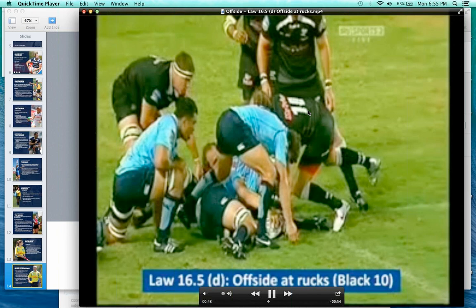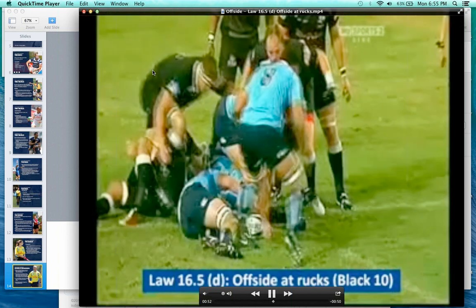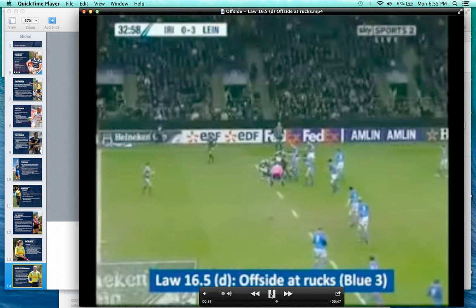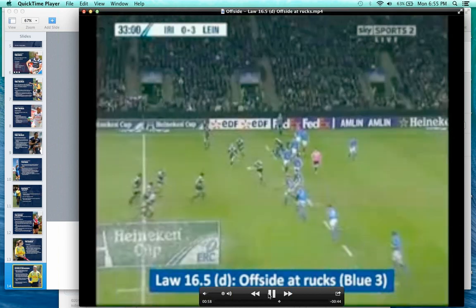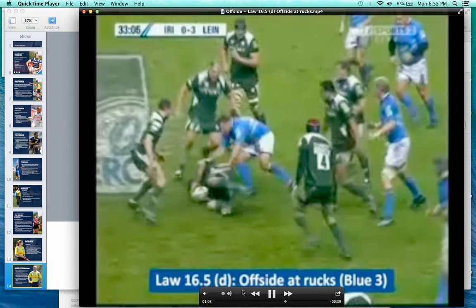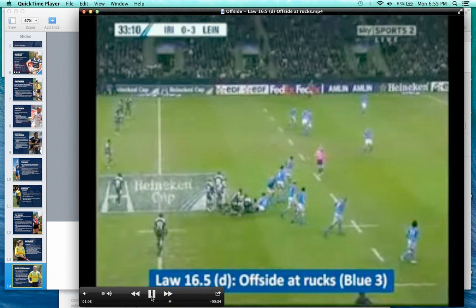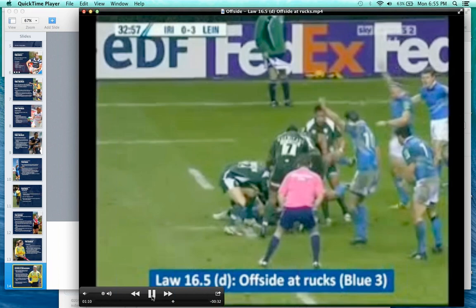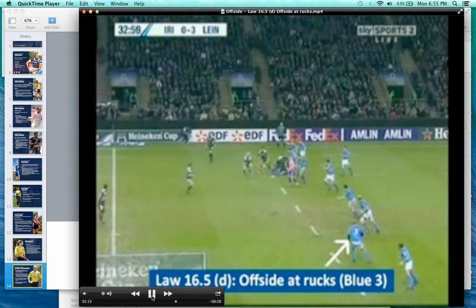All right, so offside at the breakdowns. This is the next part of this. And feel free to ask questions about any part of the presentation as we roll here. So offside at the breakdowns, this is a key to truly getting the flow of the game going. When you see the video, you'll see maybe how small some of this looks, but how impactful it is on the game. A key thing that we need to identify as referees, and then I think as players,